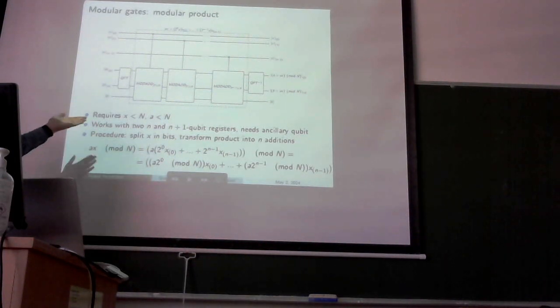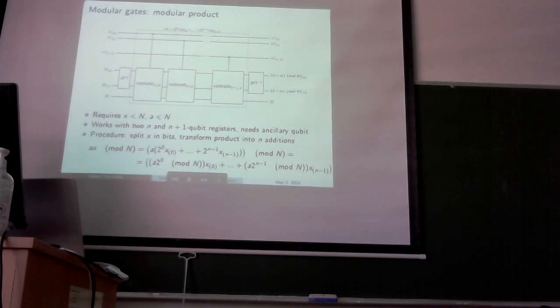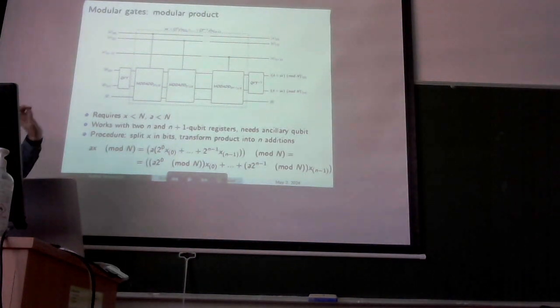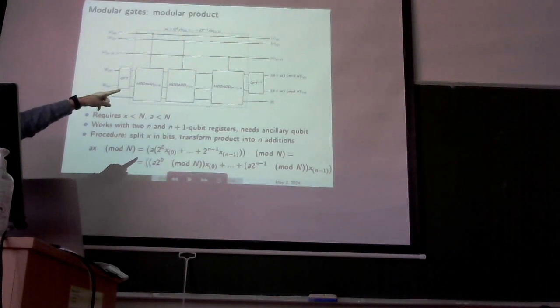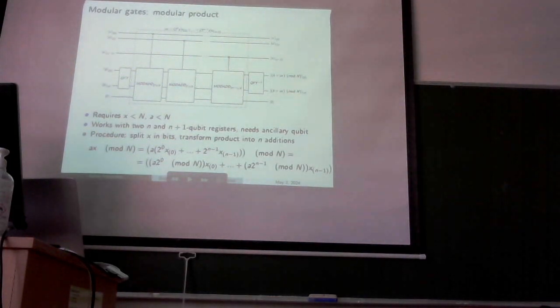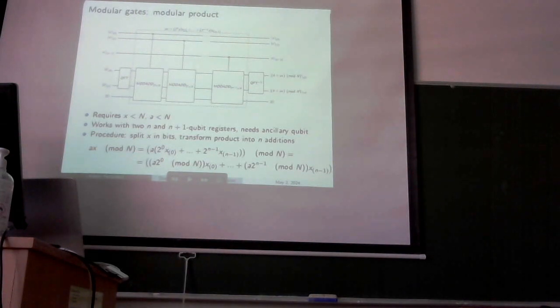The requirements come from the previous gates, that x and a are smaller than n, and that this register in which we are applying the additions requires an extra qubit, but since in the top register we are not making any additions, we can just use n qubits. It is not really a problem. This would technically be our target gate for quantum period finding. But the problem is that, as you can see, the result is stored in the second register, and our idea is to apply this sequentially. Remember the sequential application in the quantum phase estimation.